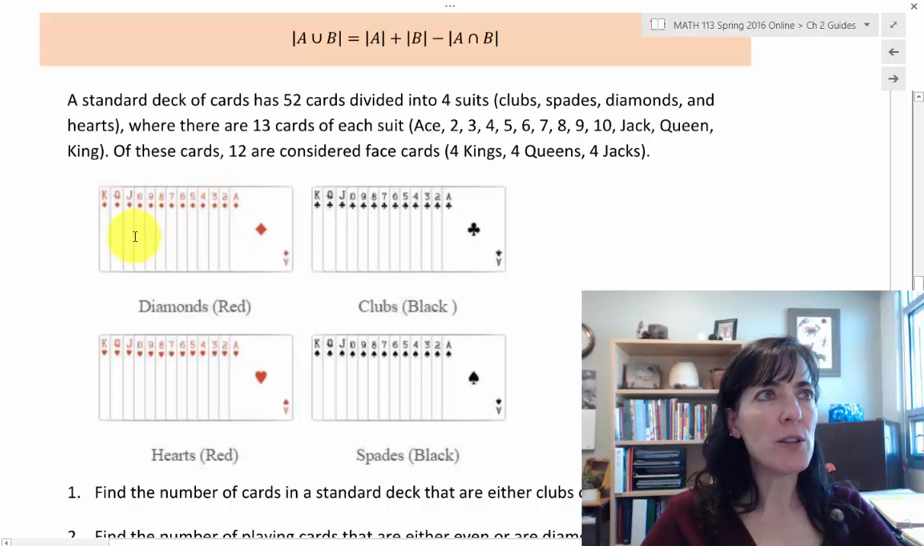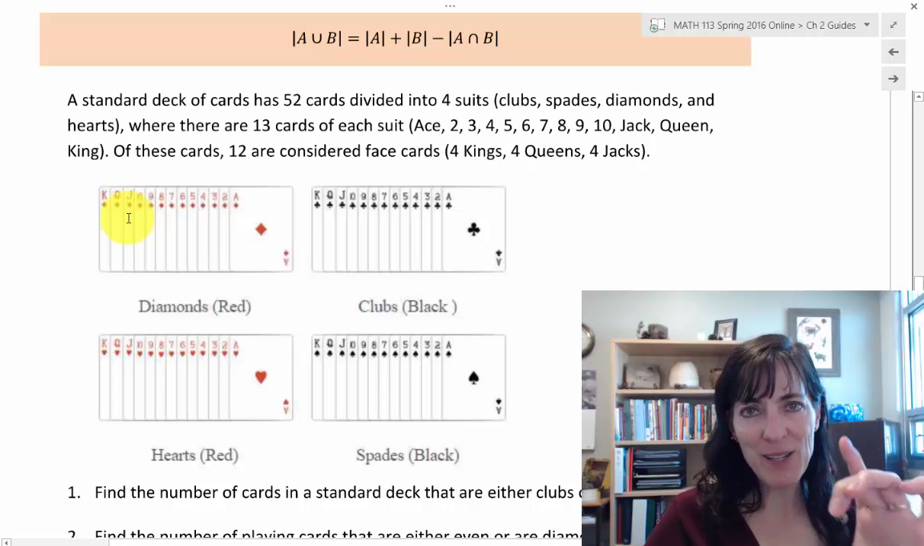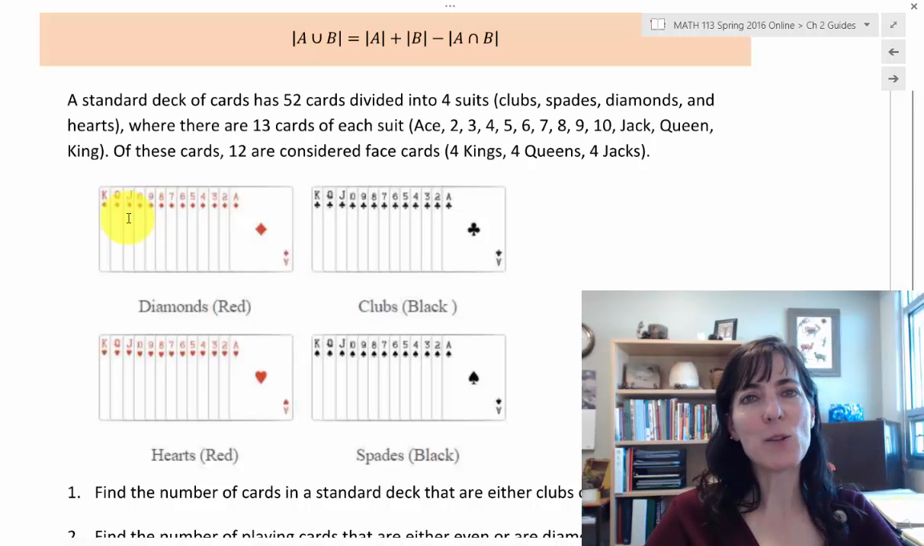And of these cards, 12 are considered face cards. So those are the kings, the queens, and the jacks. And when you look at the actual card, you'll see a face of a king, queen, or jack on it, and that's why they're called face cards. So ace, because it just has the diamond or the club or the spade or the heart, does not count